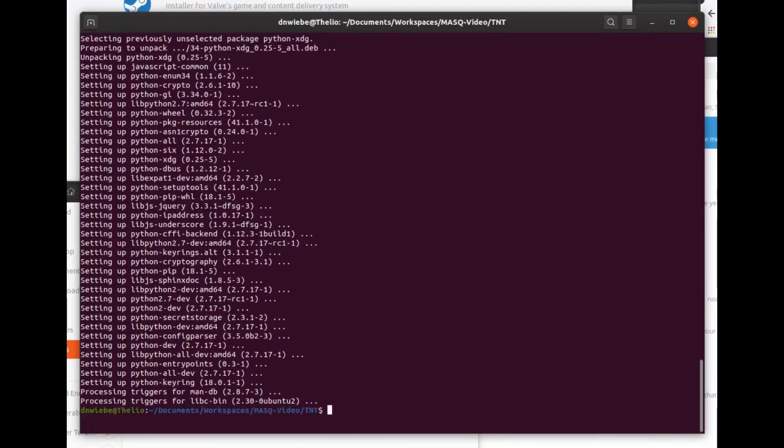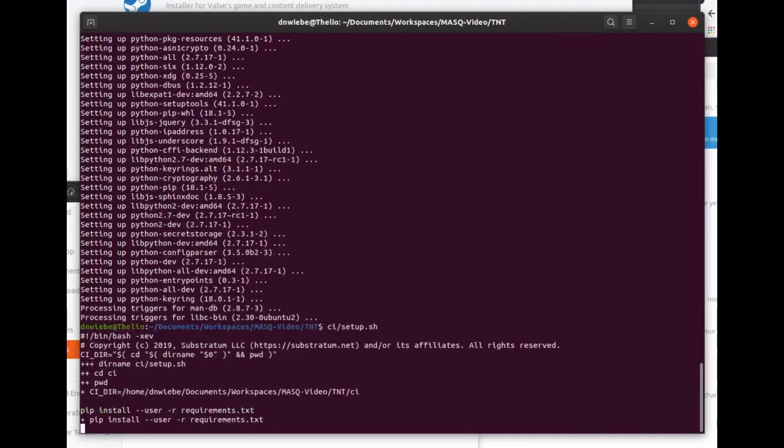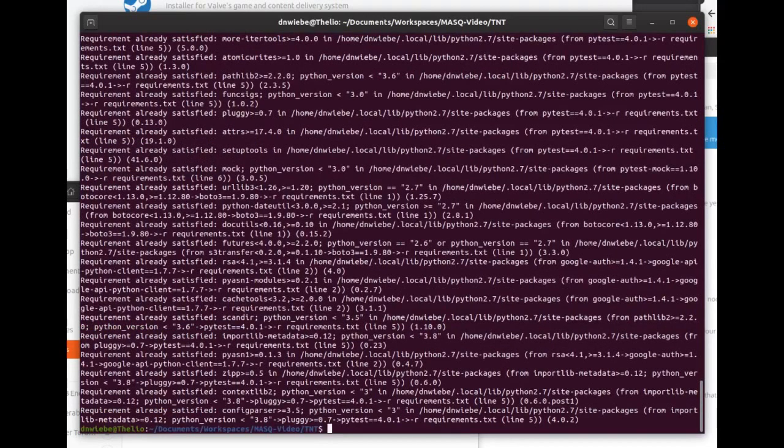Okay, let's try CI setup again. And there, I've got the requirements installed. Let's go back to the README and see what's next.